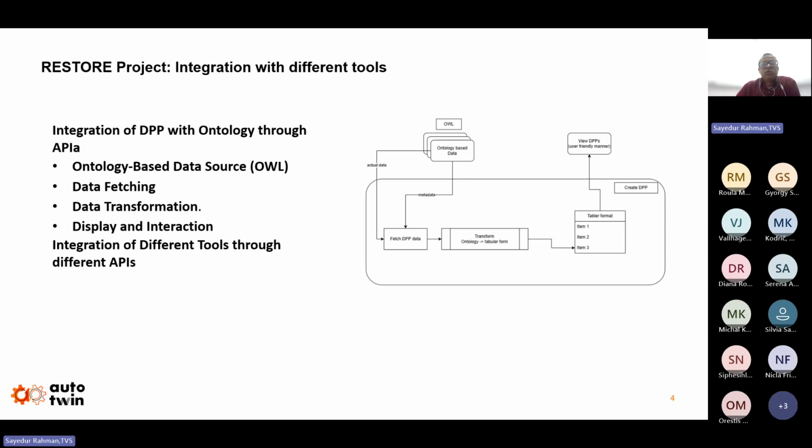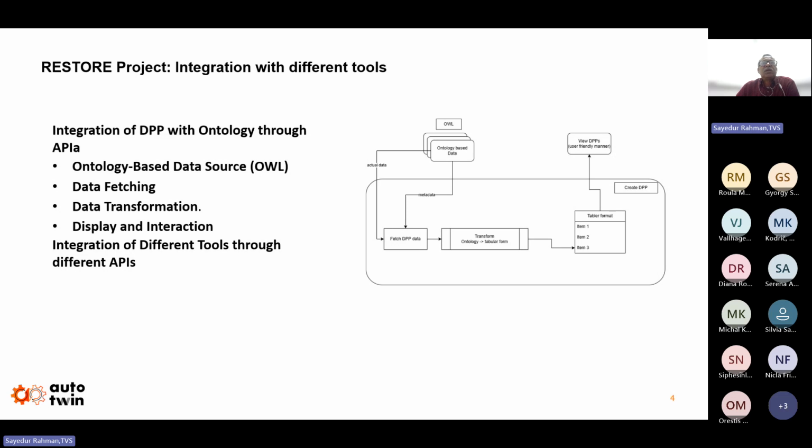For this we need to integrate the different tools. RESTORE has a strong ability to connect external tools via API. The APIs include LCA databases like SimaPro and Ecoinvent, an ontology-based data system built with Web Ontology Language, third-party simulation, and ERP platform integration with different tools.